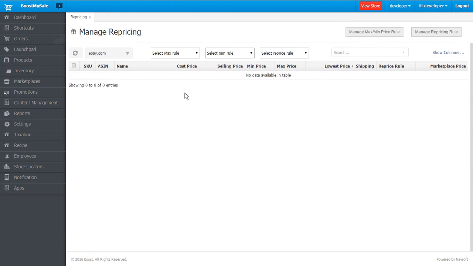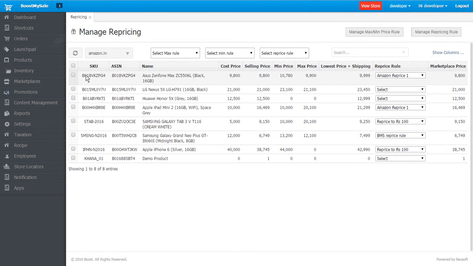Follow the same process you used to assign the maximum pricing and minimum pricing. Select the marketplace from this drop down. It should be Amazon India, for which you would like to apply the repricing rule. Select the products and apply the repricing rule.